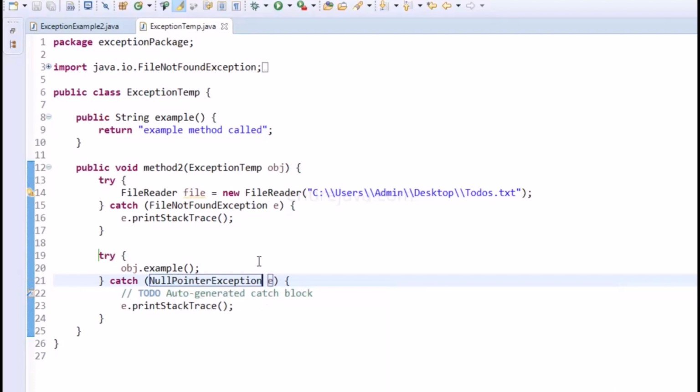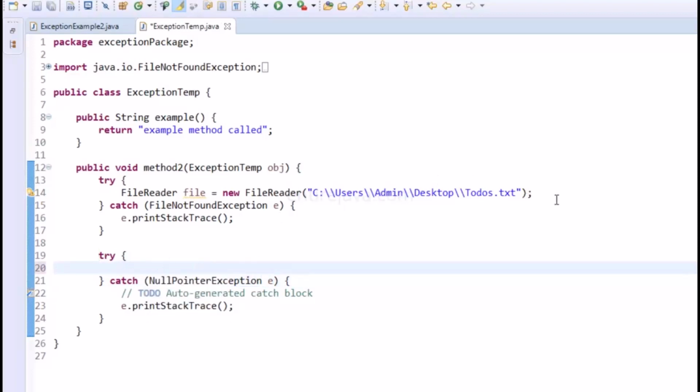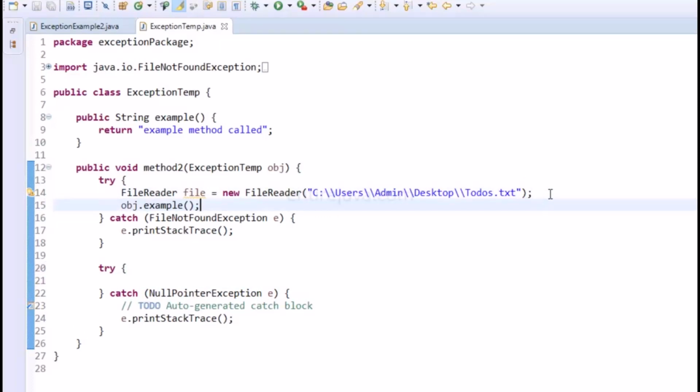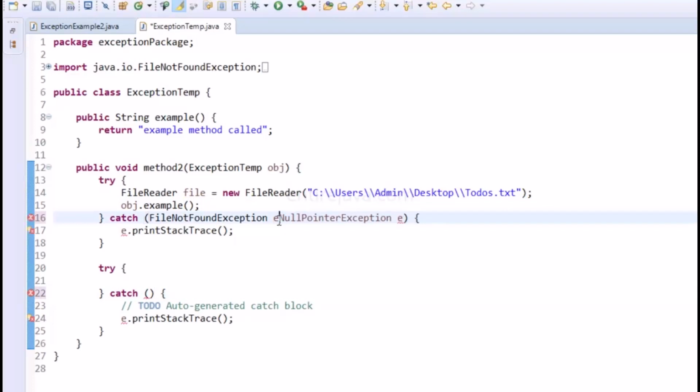Now this is a very tedious job because for each and every line of code I write, I need to take care of providing the exception handling. Luckily in Java we have a shortcut. You can have multiple lines of code inside a single try block. What that also means is we can have a single catch block that will handle multiple exceptions. So I'll do Control X and paste it in here. We need to separate both these exceptions with the pipe character, and also we can now get rid of this variable, because this variable will represent either of these